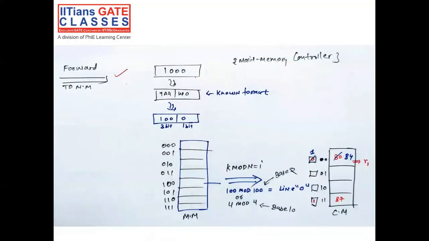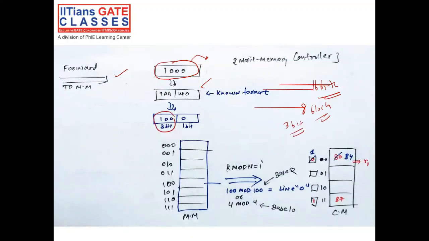So now we forward to main memory. The same CPU request we send to the main memory, right? Now the main memory controller will interpret this request, and the format of the main memory is this one. You know this 16-byte memory we are using, right? So in the main memory, 8 blocks are there. How many bits are required? 3 bits are required to enable the block. So these 3 bits enable the block, and the 0 inside the block is to fetch the byte. Now see these things, so this will be enabled.